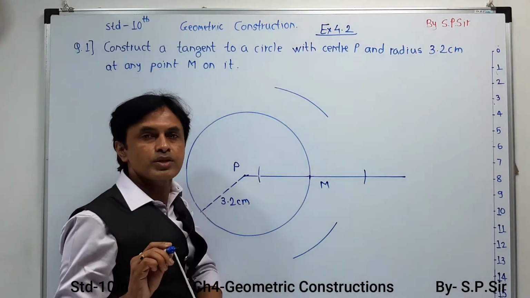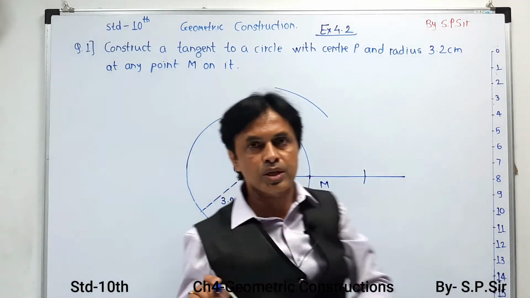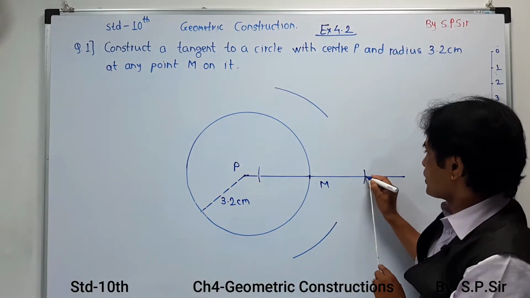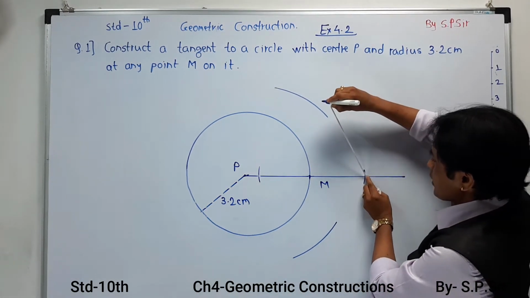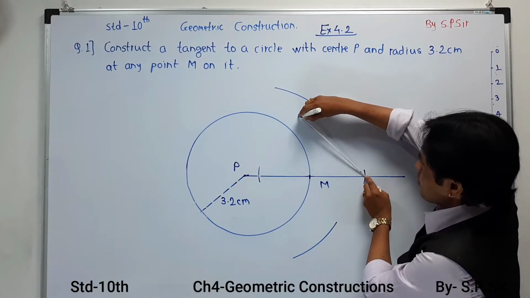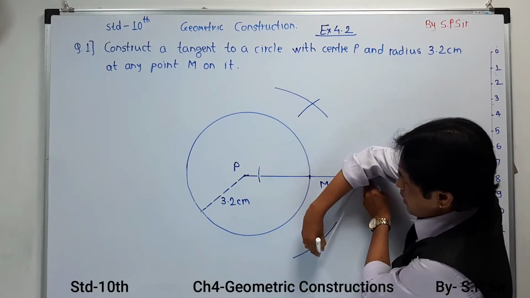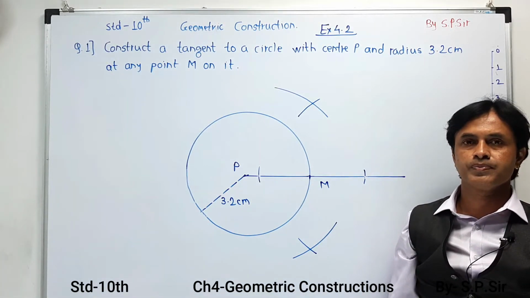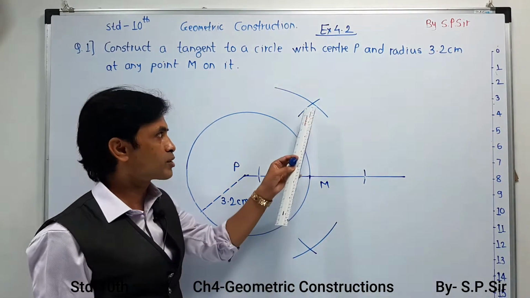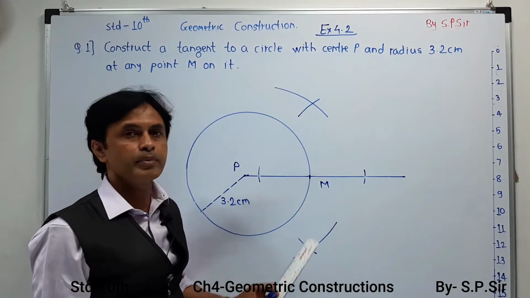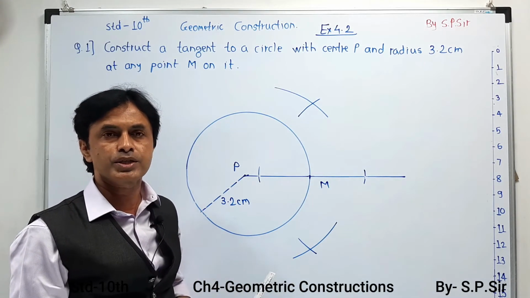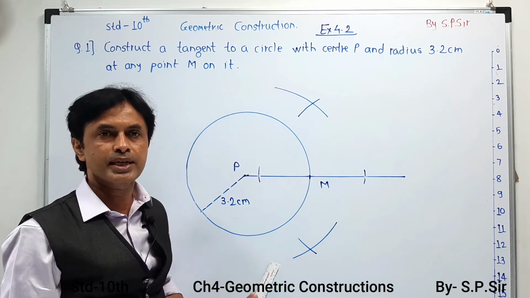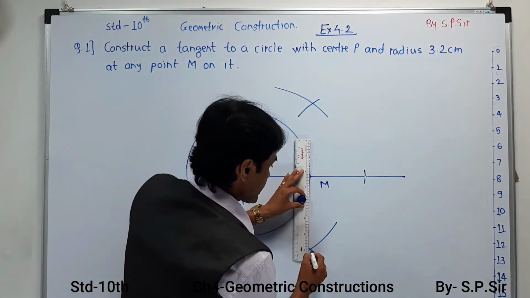Now keeping the same distance, I repeat, keeping the same distance, you have to take the reference point over here. And now with the help of the reference point you are going to make 1 mark upstairs and a second mark downstairs, and in this way your 2 marks are available. Now as you have the upper mark, lower mark and M, you have to draw a line passing through these 3 points. If the line is passing through them, it's accurate. So I am going to draw a line.